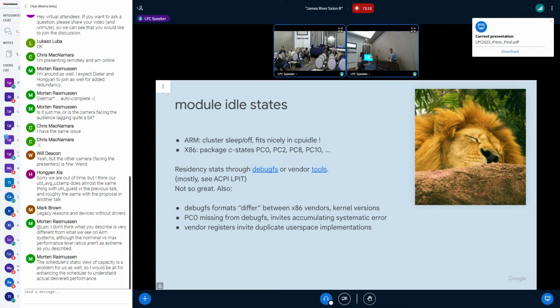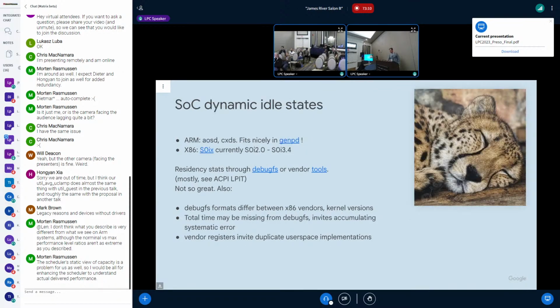So also what happens here is that taking these through debugfs doesn't work very well. Now we use the turbostat way, and we read them straight from raw registers, right? Now it invites duplicate implementations because we have an implementation for Go, we have an implementation for Python. There's probably a Rust implementation there somewhere that I've overlooked. It's probably there. So now we go to the SoC themselves.